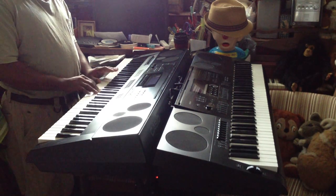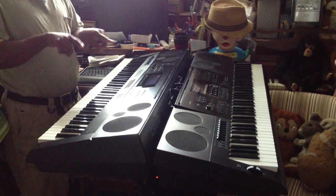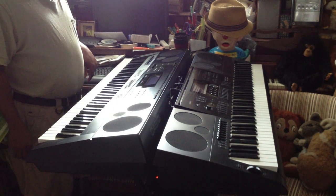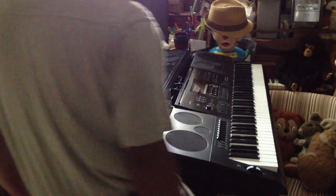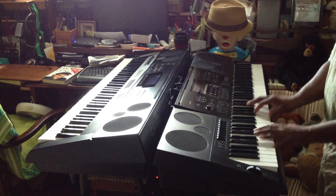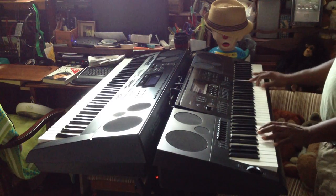Another thing too is that it seems like some of the keys are actually touching each other when you play it. So they fixed that with the WK 7600, and it's a lot quieter and a lot more damped. Has more of a resistance, so you don't hear that much key noise when you play,